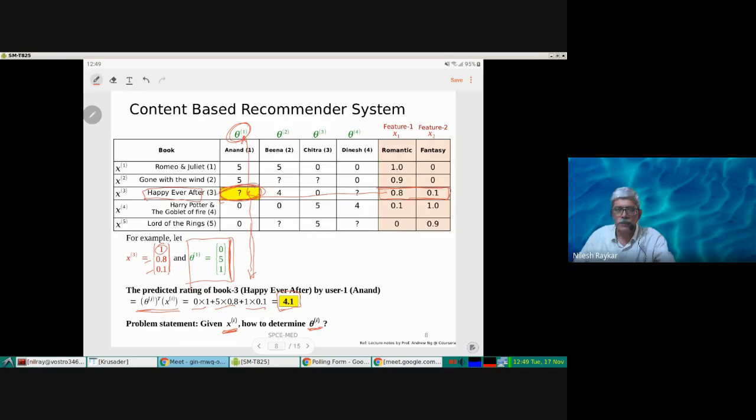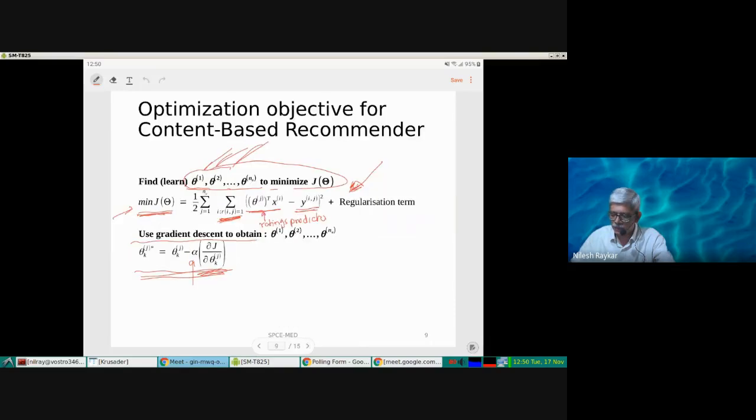So you can imagine for each user you are making a separate linear regression model, and the error of each of these models is minimized through the recommender system. So each user has a separate linear regression model using which the ratings given by that user are predicted. So that is in short how the content based recommender works. So let's take one quiz